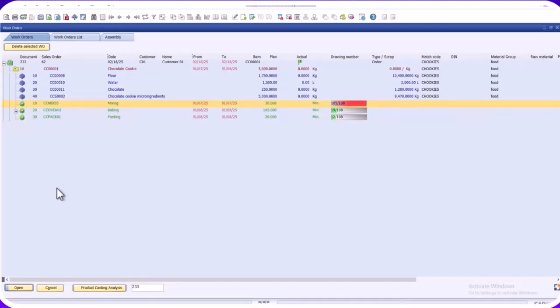To put it simply, we're going to have a simple example today of a work order to make some chocolate cookies. These chocolate cookies require some material, require mixing, baking, and packing, and require specific planning time. For any planning questions, please refer back to our demonstration on Advanced Production Scheduler. So once you have this work order available,